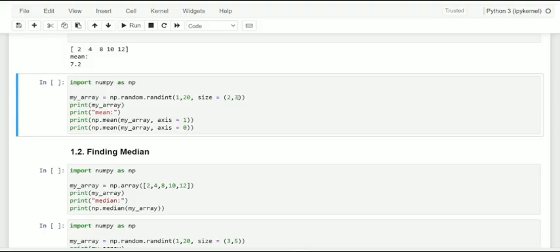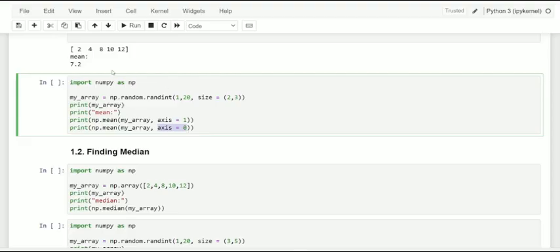To find across the column, we have to pass the parameter axis equal to 1. And similarly, to find the mean across the rows, you need to pass the axis parameter equal to 0.